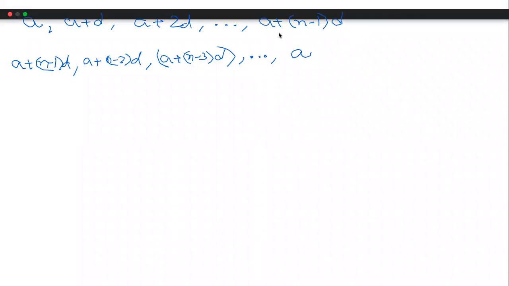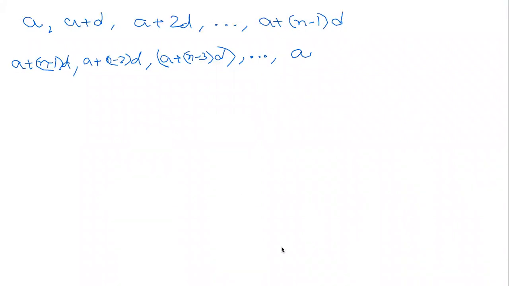It will be A. Let me just remove the additional brackets, which I need not have put, and put the D back in, which has vanished. What did we do next? We added the corresponding terms. And we already know that when we add the corresponding terms, they will be the same. So we'll just add one and see what is happening.